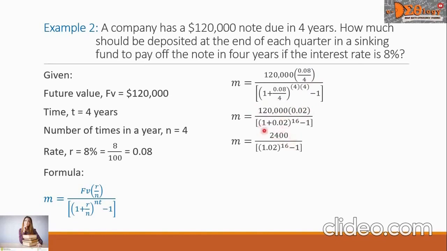In here, we will combine this number 1 plus the pure decimal, so we will get 1.02. We're going to raise this value into 16, and the value is 1.372786. And then we will subtract this by 1. It means this whole number 1 here will simply be eliminated. Only the pure decimal will come down, and that is the